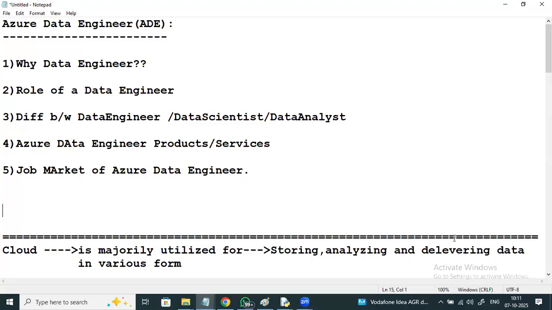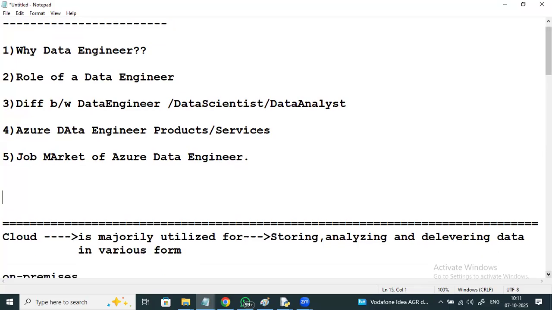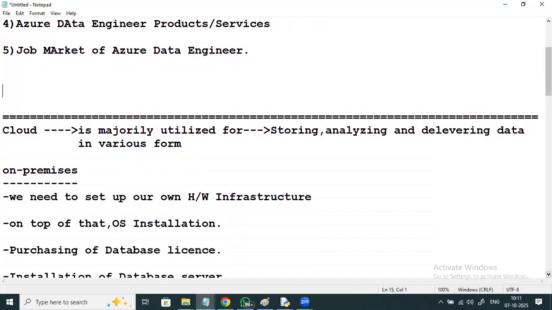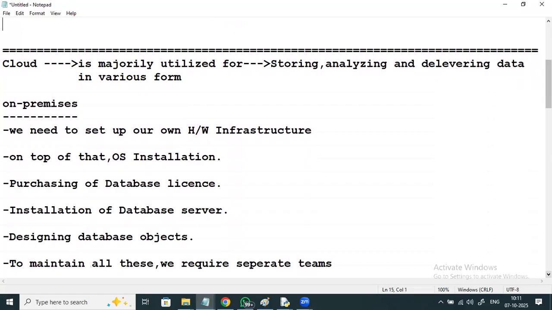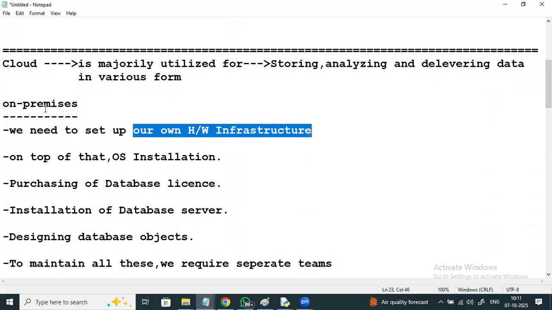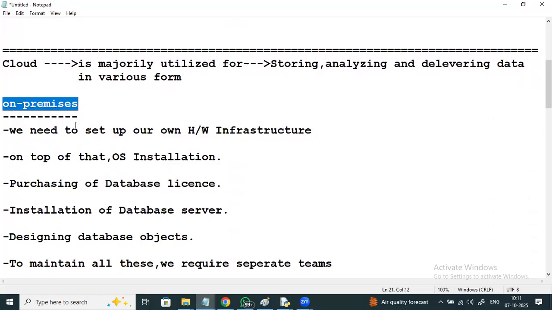If we compare the cloud with on premises, in the case of on premises we need to set up our own hardware infrastructure.